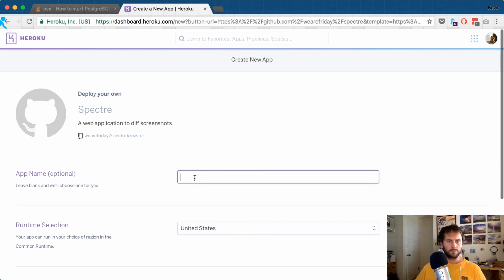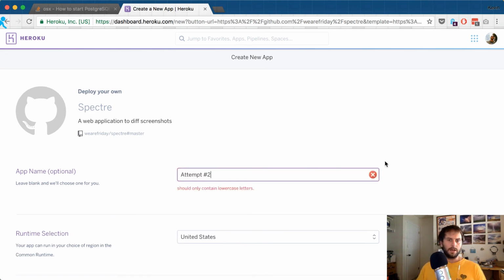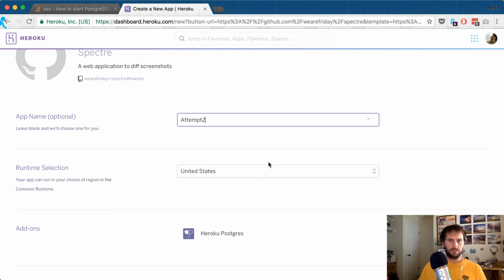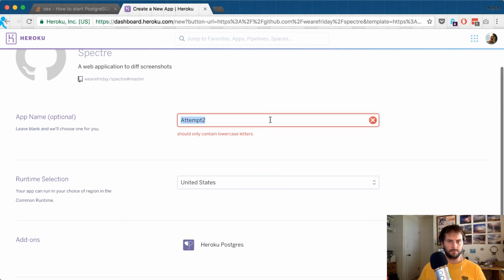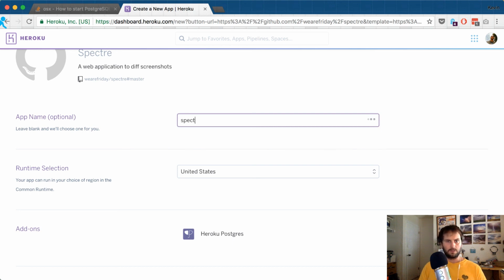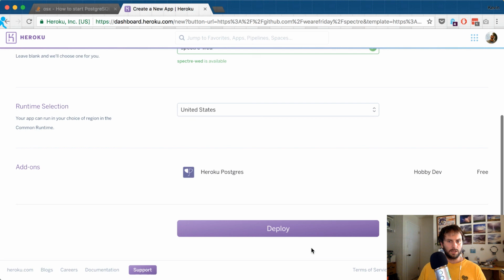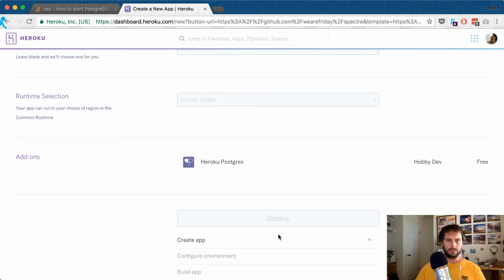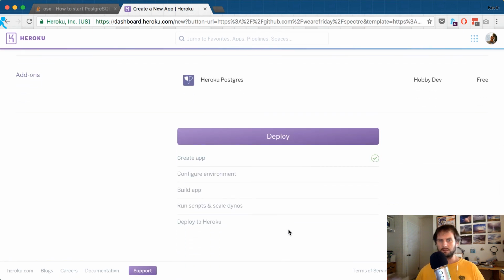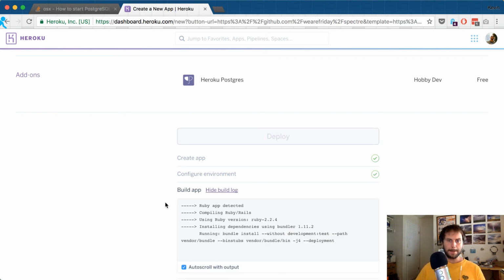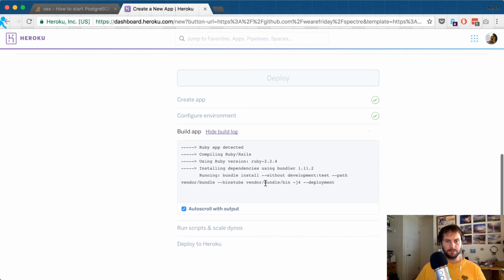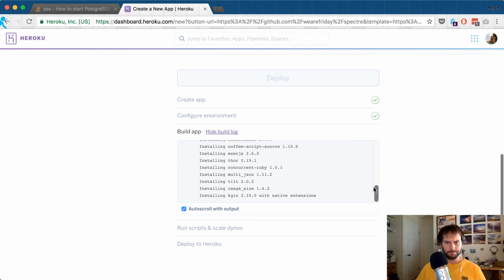Let's just attempt number 2. So that's my app name, Spectre Wed. There we go. And I'm going to deploy this. Let's see how this works. This just goes in and builds everything according to